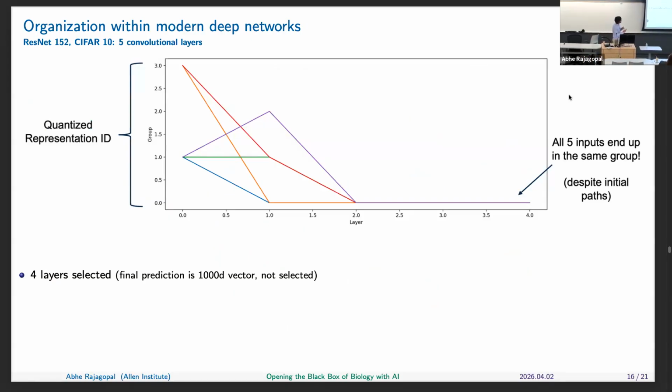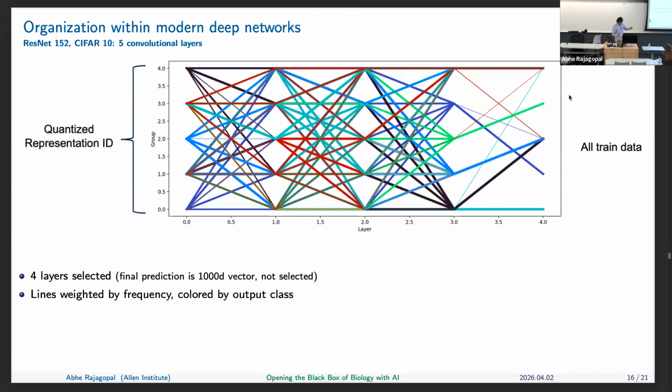And so importantly, even though the points start at different areas of the input space, they all end up with the same output prediction. So the output prediction is degenerate. It doesn't capture the full diversity or granularity of what the input phenotype or the input vector is representing. So if you do this for all the data, you get this complicated graph that actually kind of looks like a neural network graph, right?